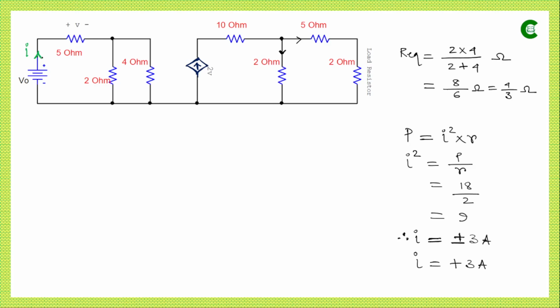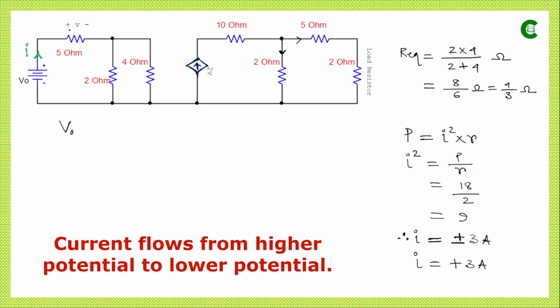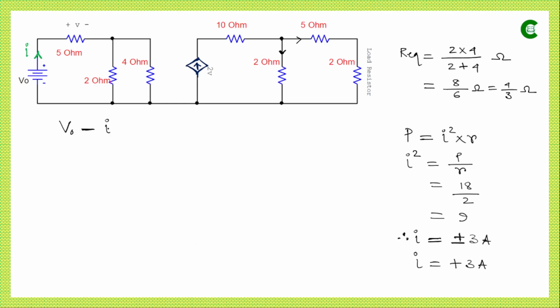So here we can apply the loop analysis or mesh analysis concept. By applying mesh analysis, we can write plus V naught, as we are moving from the negative to the positive terminal of the voltage source. If we take that convention as positive, then for this resistor we are moving from the positive terminal to the negative terminal, so it will be minus V, where V is equal to IR. So the current value is I and the resistance value is 5, and then again through this equivalent resistance which has the value 4 by 3,